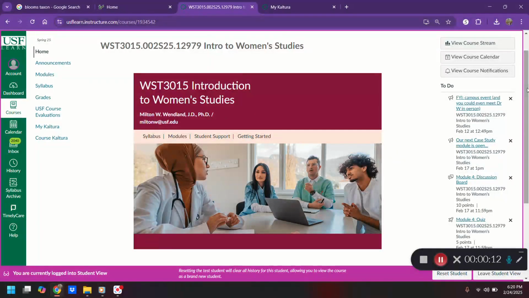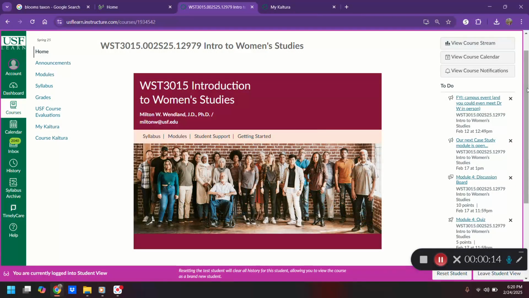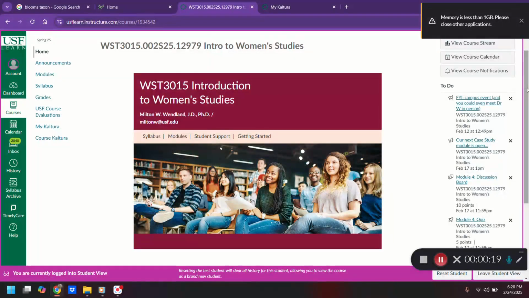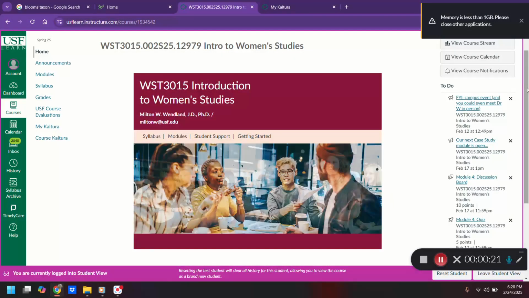Much of what I'm going to show you and talk about is also covered with screenshots and annotations in my PDF application, but I thought you might like to see it live just as the students see it. So I'm using Student View here in Canvas, and as you can see, the landing page right off the bat,